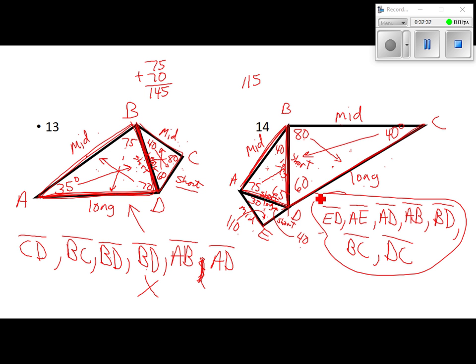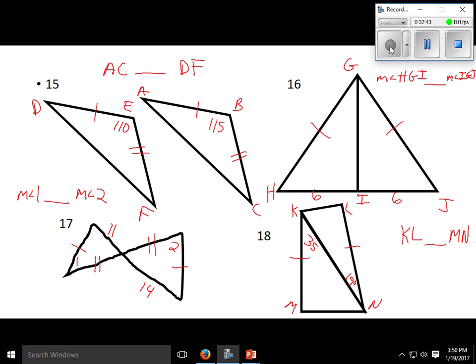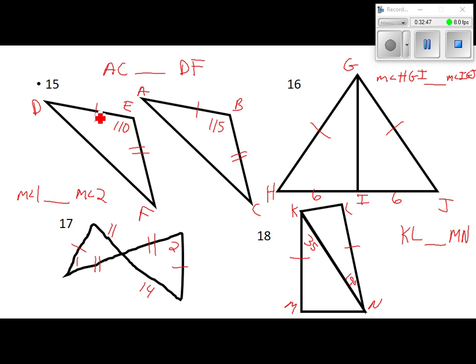We don't know what any of them are as far as their lengths go, but we do know that ED is the very shortest in the picture and DC is the very longest, and all the rest of them go in order that way. All right, on the back side, problem 15, again, this theorem says if these two sides